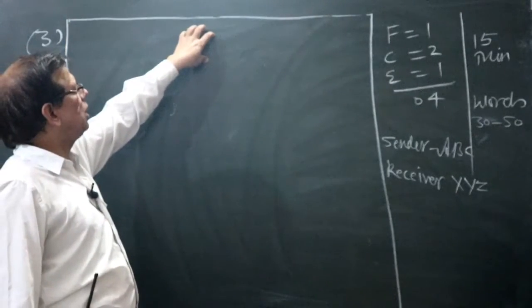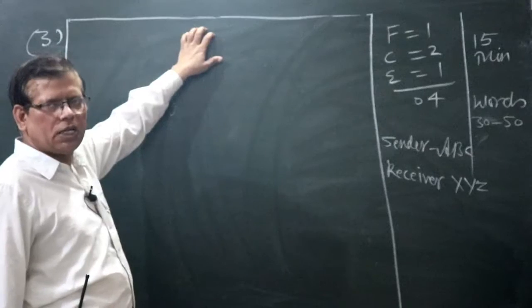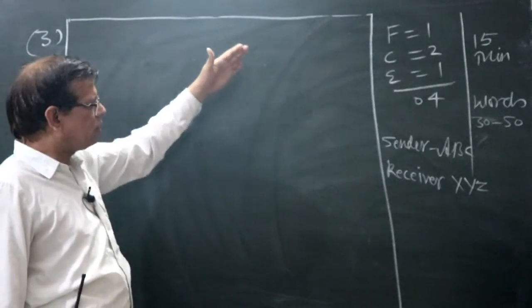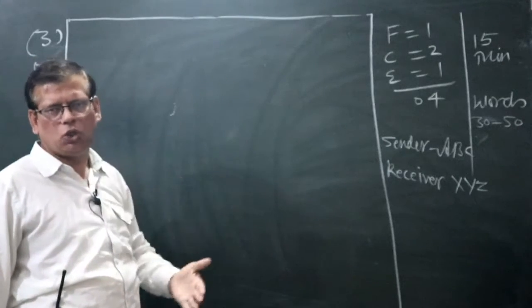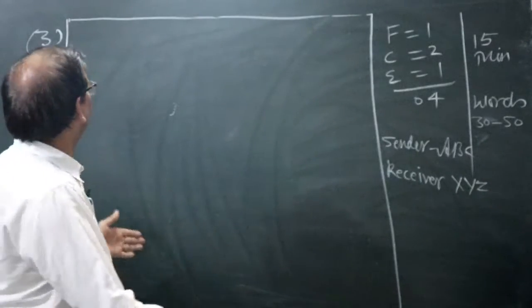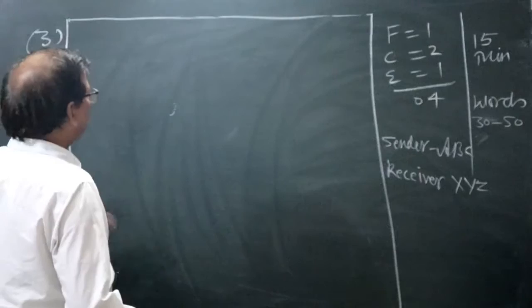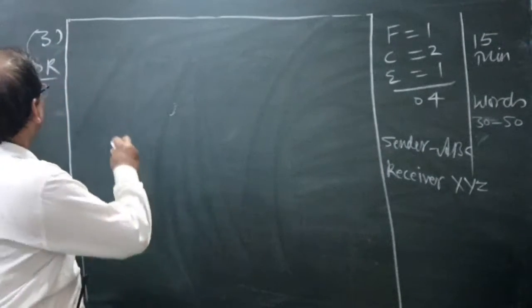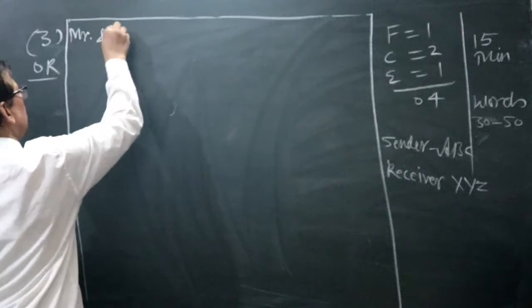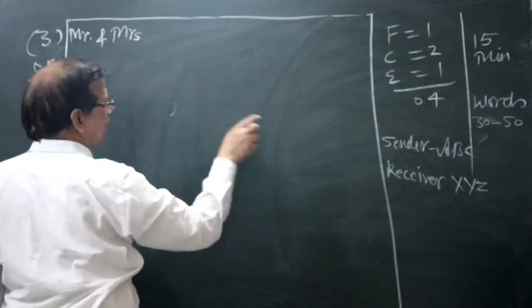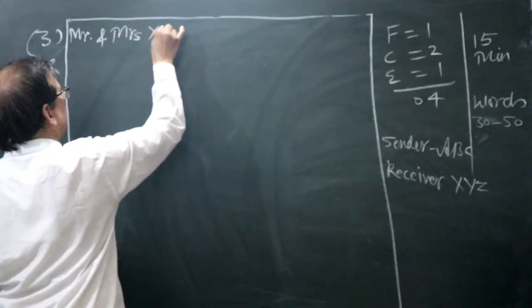In the middle, you can write the picture of Ganeshji because it is for marriage. You can write Vakratunda Mahakaya, it is allowed to be written. And the language should be third person language. Mr. and Mrs. XYZ